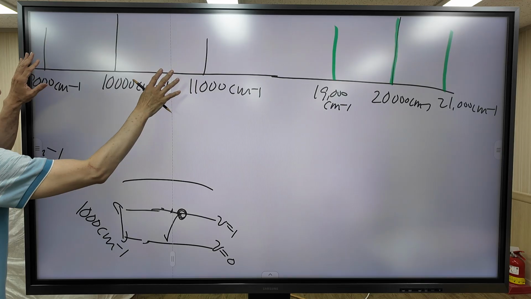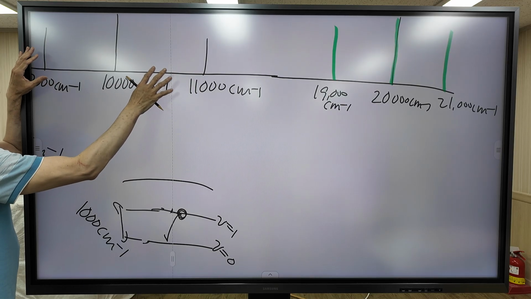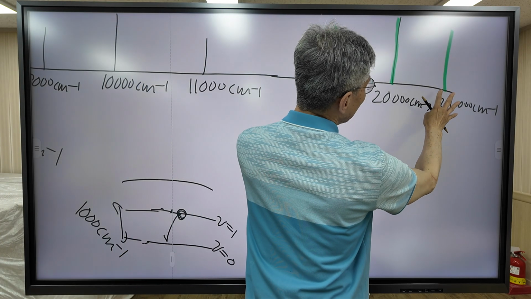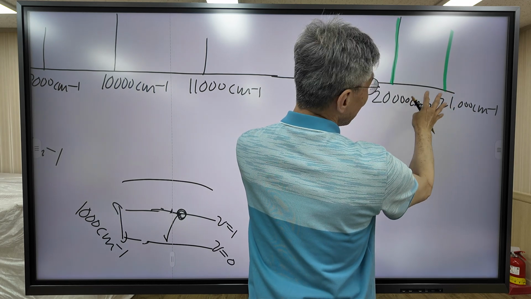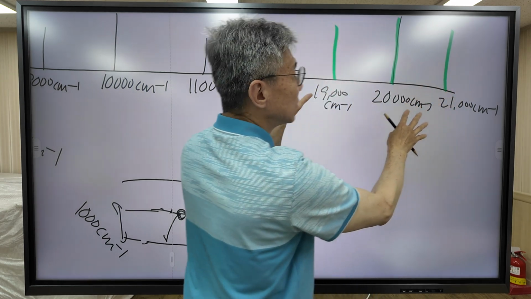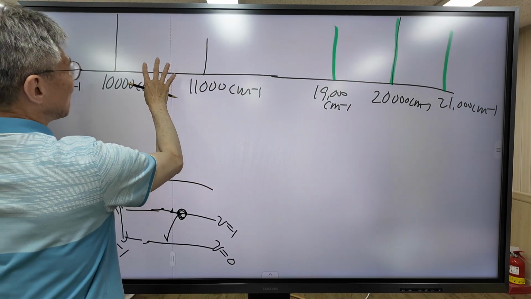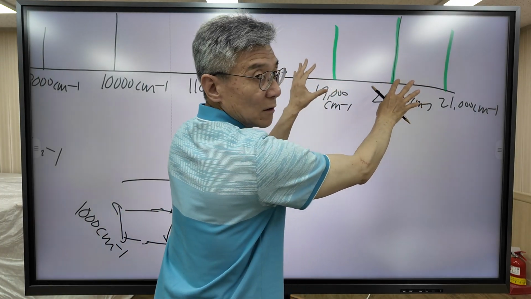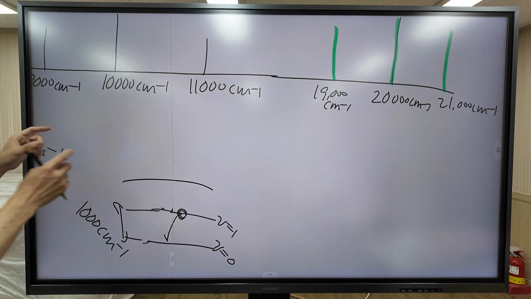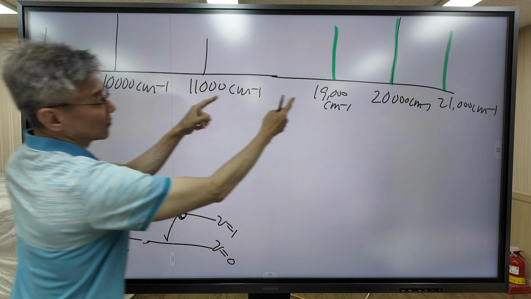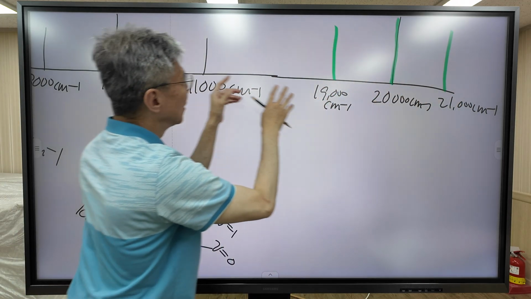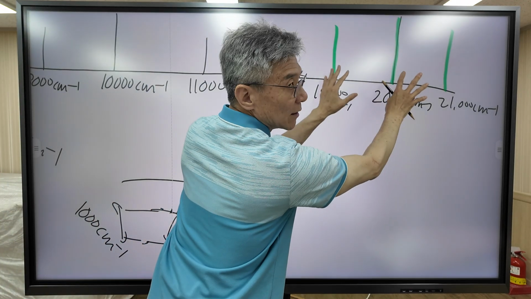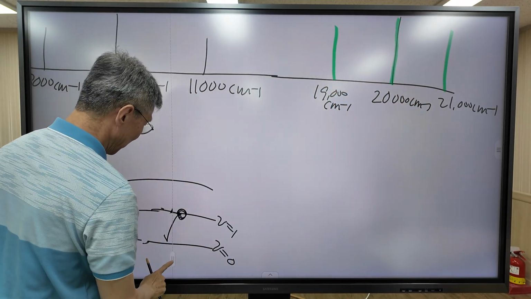This is the Raman spectrum when we use 10,000 wave number laser light. This is the Raman spectrum when we use a laser light of 20,000 wave number. So this spectrum is shifted to the right, 10,000 wave number. Okay. So peak to peak distance does not change. It is almost the same. The spectrum just shifts in parallel to the right. Okay. Now